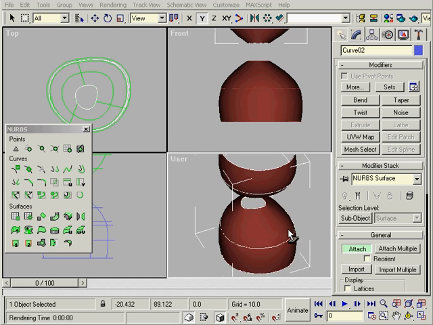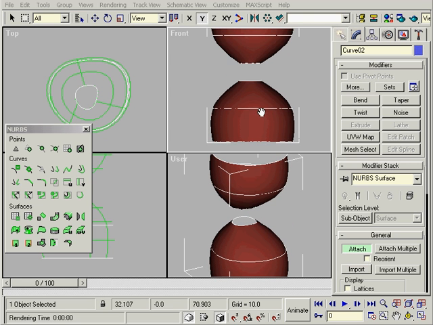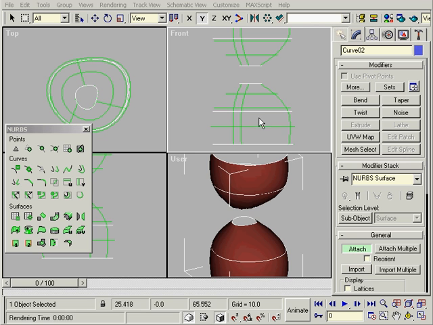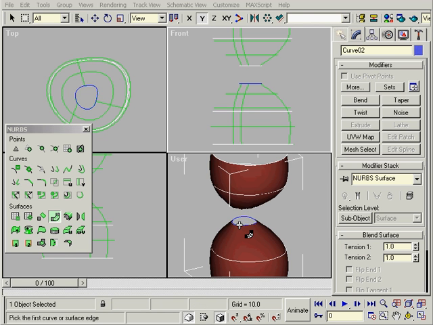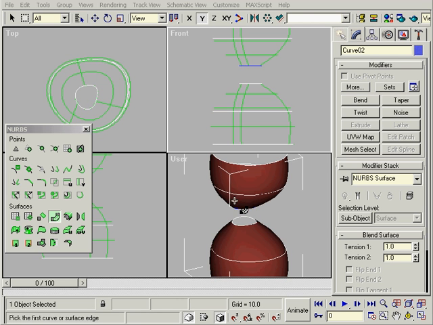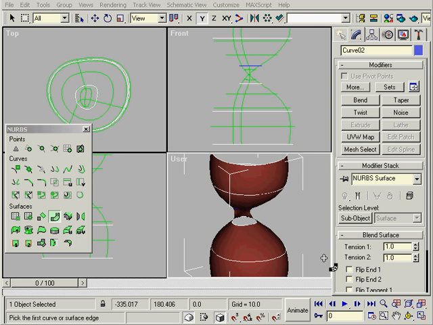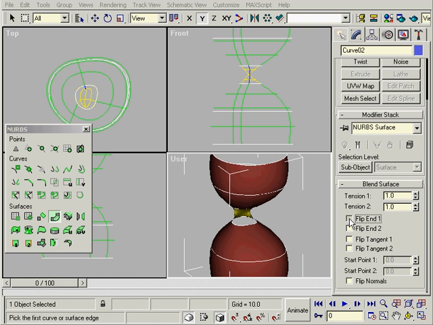When I want to blend two shapes together, the Blend tool gives me two options. I can blend from curve to curve or surface to surface. The difference is that curve to curve, which is blue to blue, will give me a segmented look like we got with ruled surface, while surface to surface, which is yellow and blue to yellow and blue, gives me a seamless shape. If the blend didn't come out well, I can try flipping one of the ends or flipping one of the